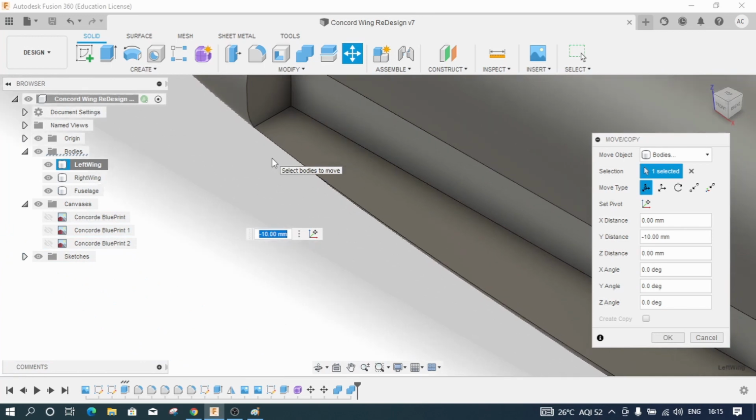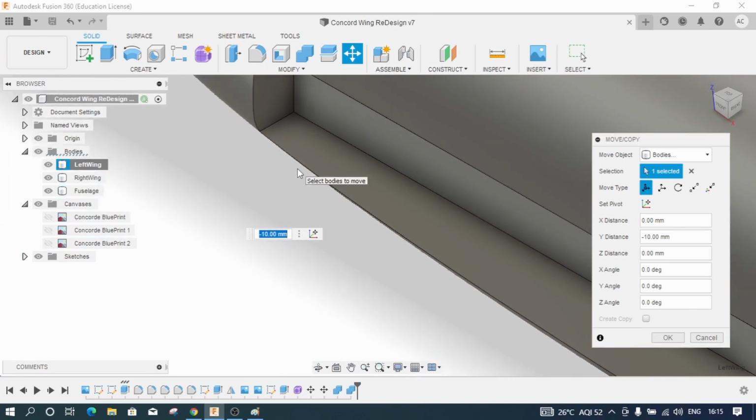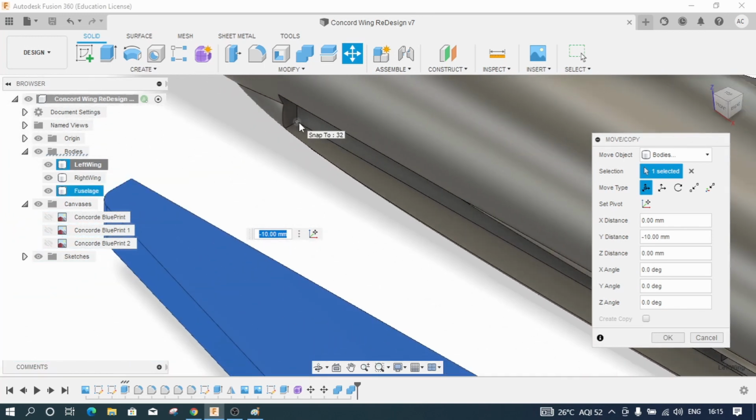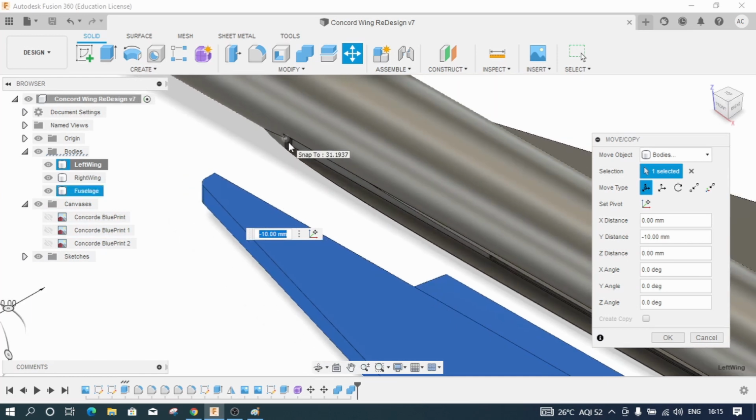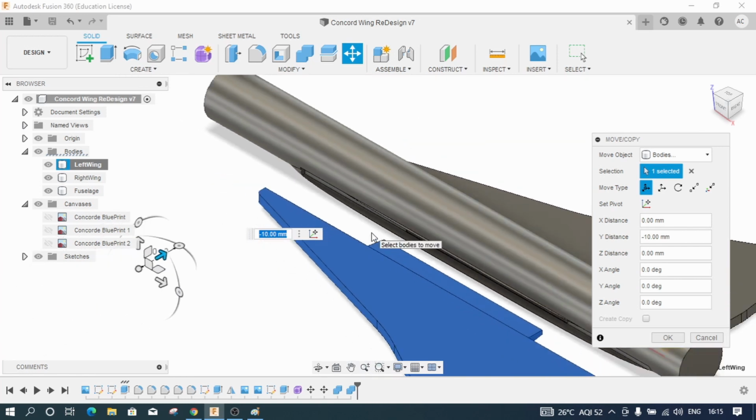Now you can see the cut operation looks a bit perfect now. I will not give any fillets for this because this is looking perfectly fine. And later on, once the whole project is done, I will see if there are any unnecessary sharp edges and I will give fillets only at those particular locations.